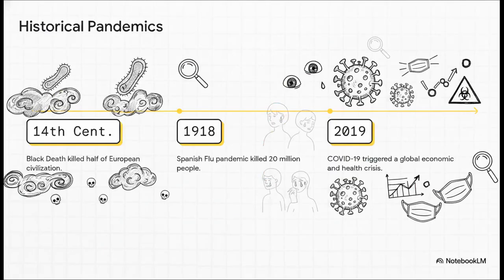Infectious diseases aren't just dusty historical events. They are an ever-present threat to our survival that demands constant vigilance. Back in the 14th century, a single tiny bacterium caused the Black Death, which wiped out literally half of Europe's population. Half! Jump ahead to 1918, and the Spanish flu virus took tens of millions of lives. And of course, we all remember 2019, when COVID-19 triggered a completely unprecedented global economic and health crisis. These milestones show us just how profoundly epidemics and pandemics impact our societies.